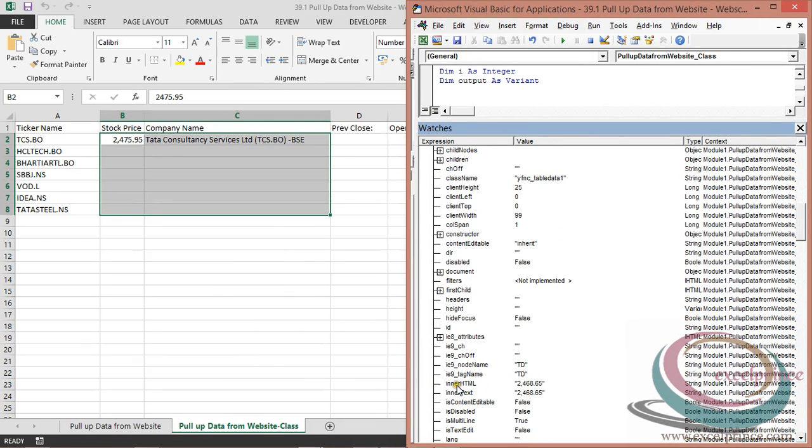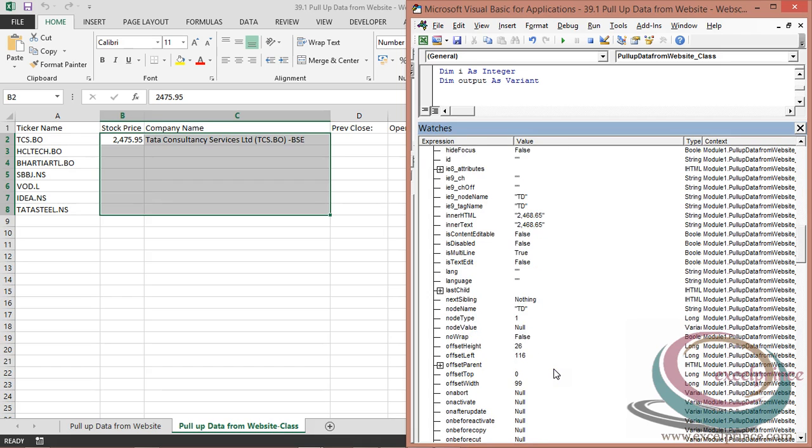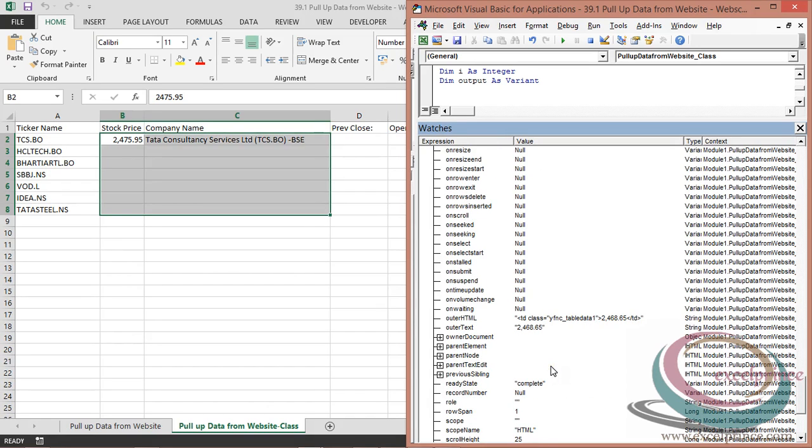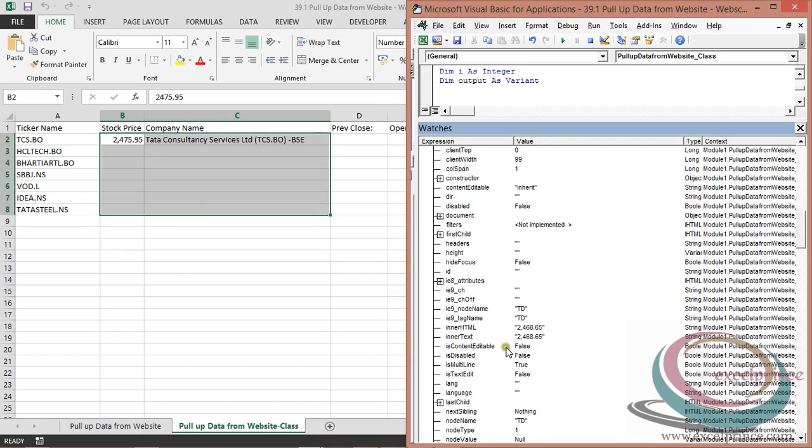So if you see, if I type inner HTML, even this contains the same value. Inner text, even there is the same value. And if I check outer text, even outer text contains the same value. So either I can mention inner text, or outer text, or inner HTML as well. All contain the same values.